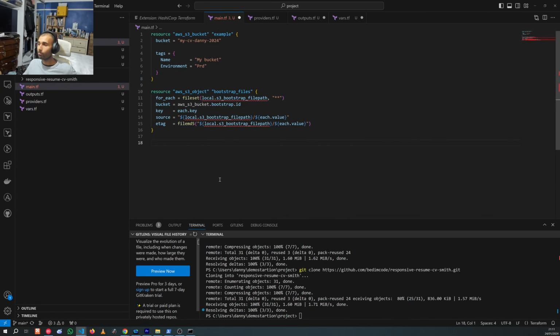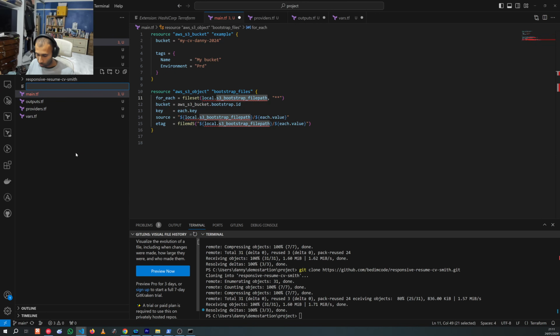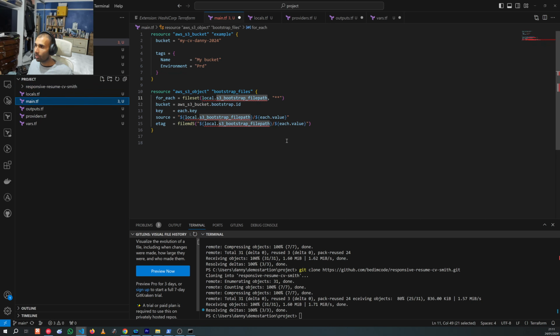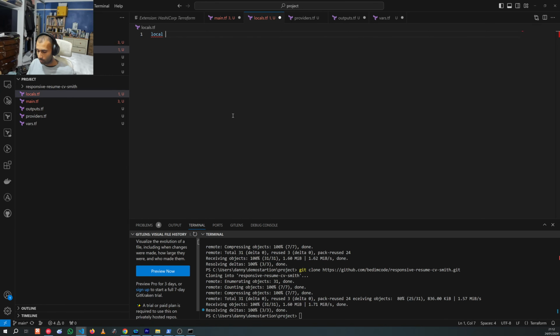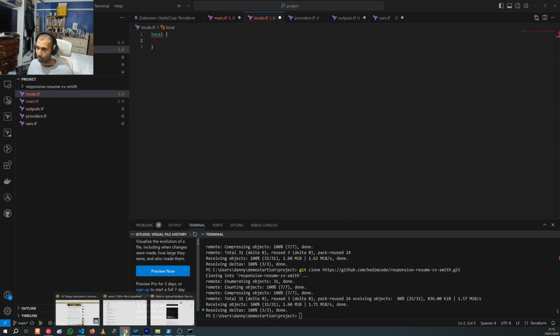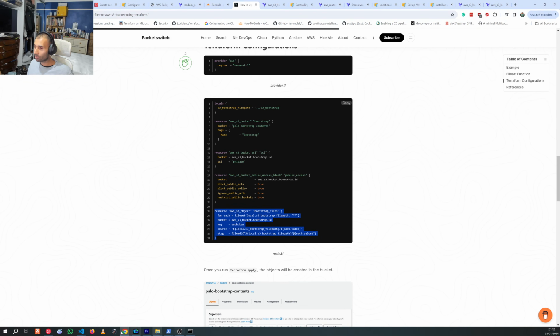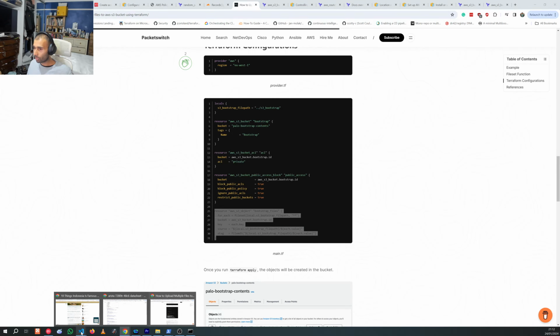Ignore the red lines for now. But essentially what this means is that we're creating a file set from the local path. So for the locale, we can create a new file here called locales.tf. And inside of that locale, we'll have a name called S3 bootstrap file path. Okay, so we'll go here and we'll type in locale, and we'll call it S3 bucket. So we'll show it down here, which is this. And I will put that in here,